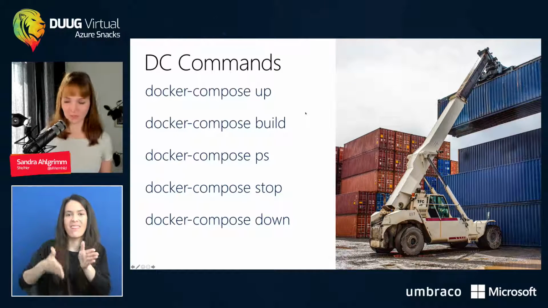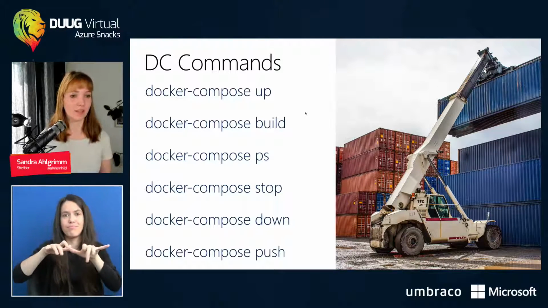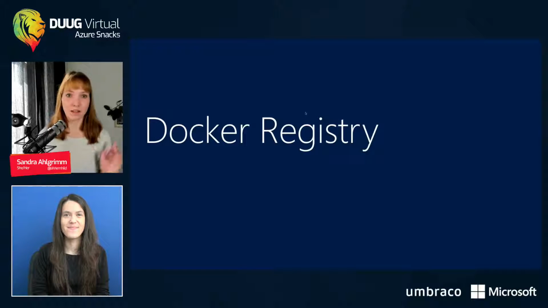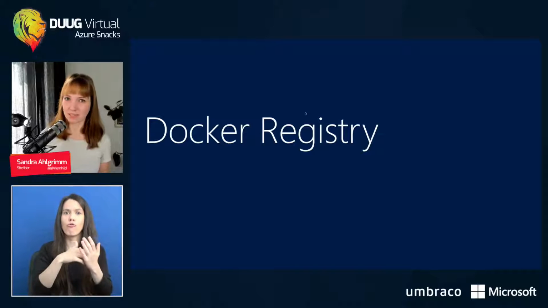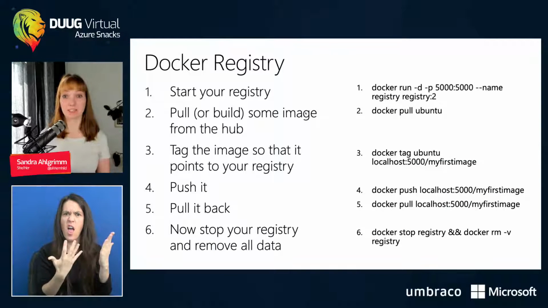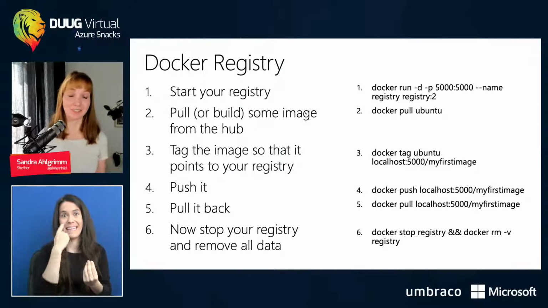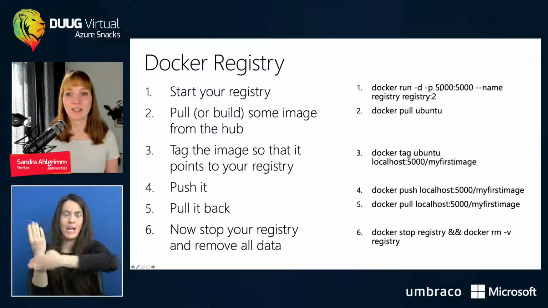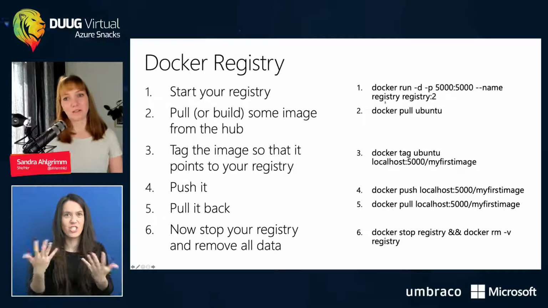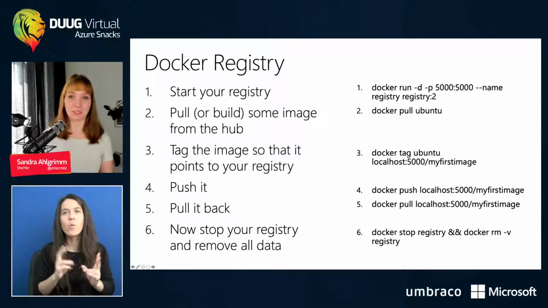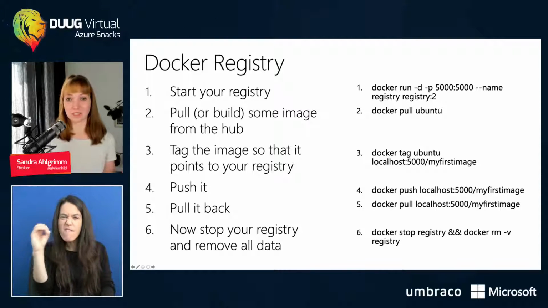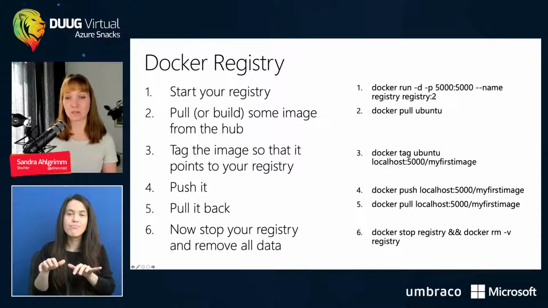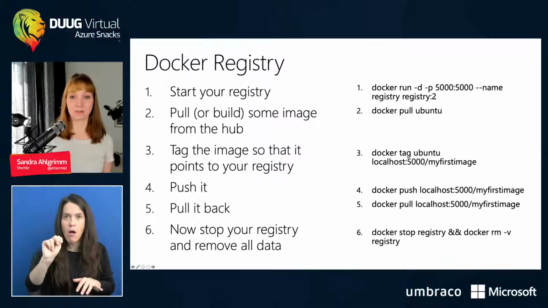So far so good. And with Docker Compose push, you can also push everything to your registry. Speaking of the registry, what is that? So the registry actually comes also in a Docker container, so you can also run it locally on your machine if you want to. It's usually using the port 5000, and you can, if you want to, just use the docker run command and, for instance, use the registry version 2, start it on your machine.